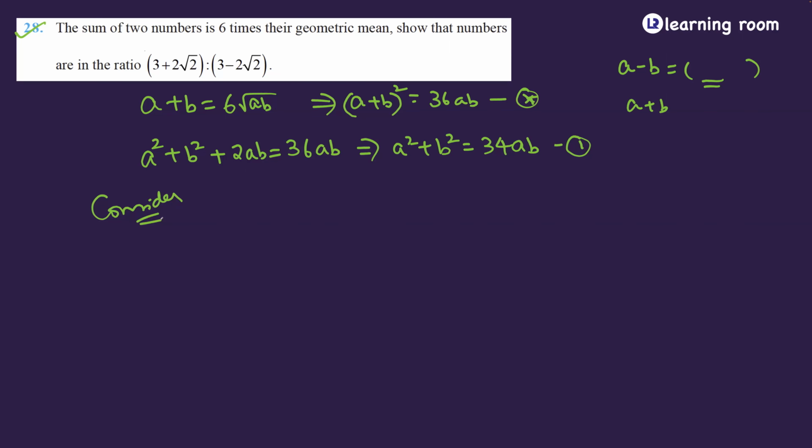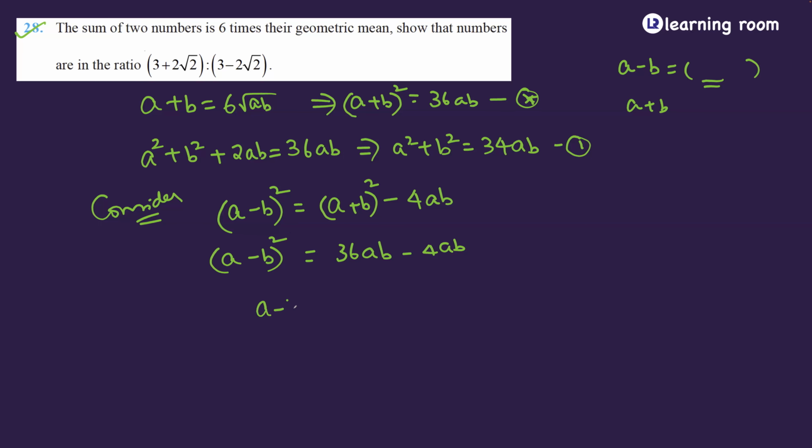So consider A minus B the whole square. What is it going to be? It will be A plus B the whole square minus 4AB. But what is A plus B the whole square? 36AB minus 4AB. So A minus B the whole square is this value. So A minus B will be equal to how much? A minus B the whole square is 32AB, which implies A minus B is equal to